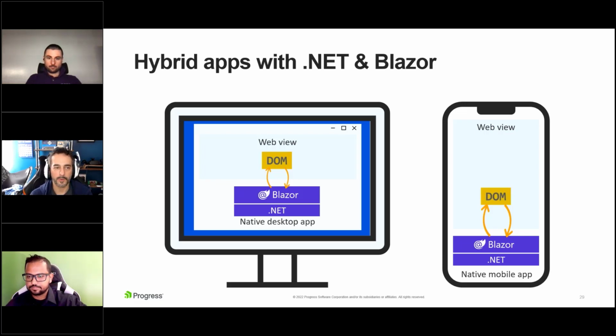This is still in preview, but essentially what you can do with a Blazor application is put this Blazor application in a MAUI shell and run the Blazor app on your desktop or in a mobile application. This is a real desktop application running a web view with Blazor application code inside of it.